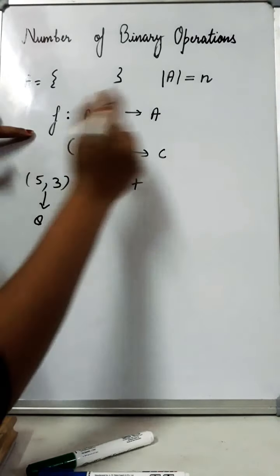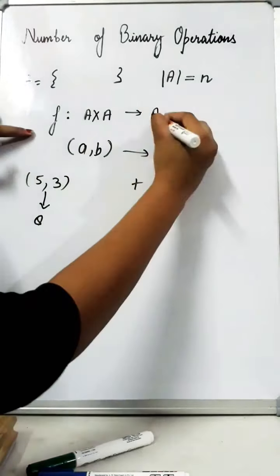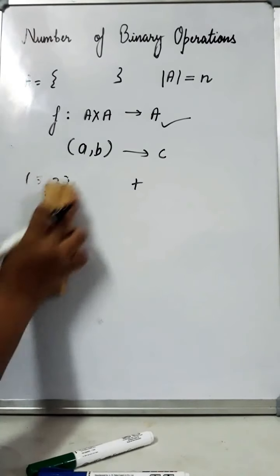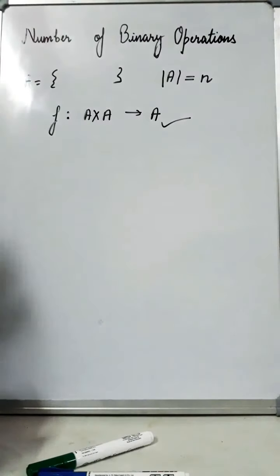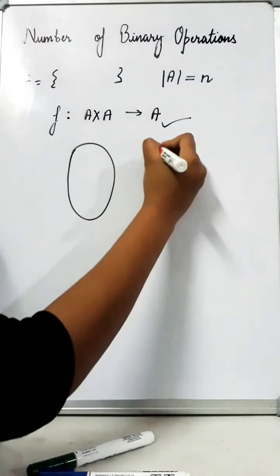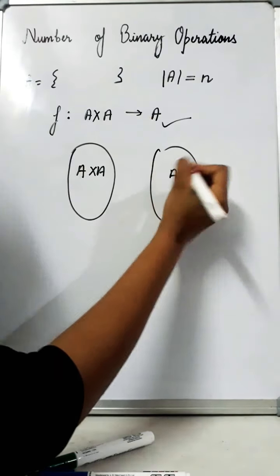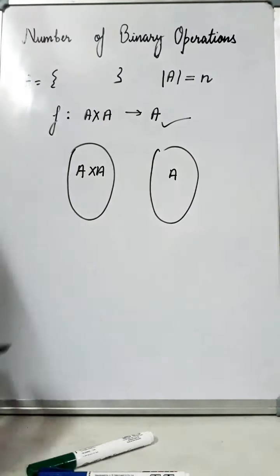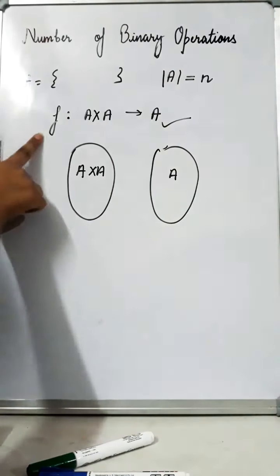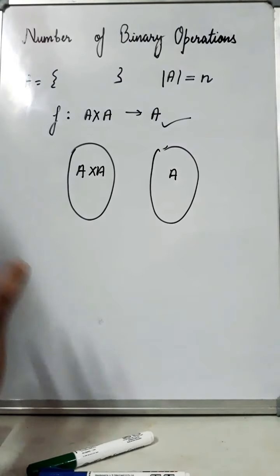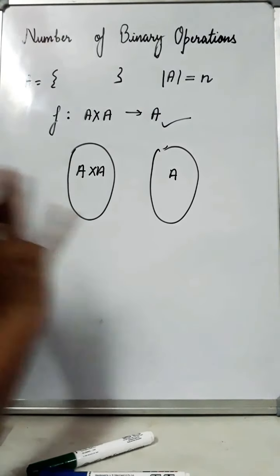This is the fundamental of binary operations. Now the very definition of binary operations is going to be used in order to find the total number of operations. What is this mapping? The domain is A cross A and the codomain is A. It's simply a function. So the total number of binary operations means the total number of functions from this domain to this codomain. I guess you are getting an idea what I am going to do next. We just have to find the total number of functions.